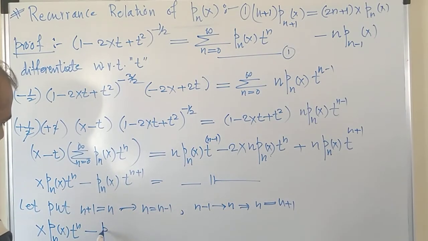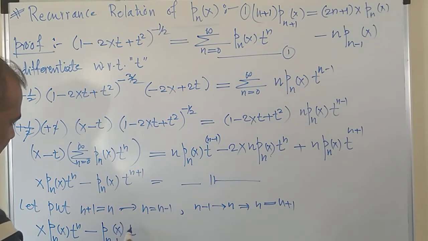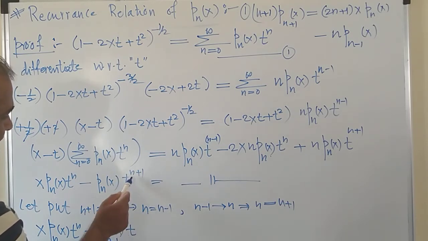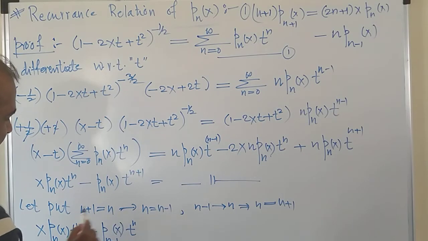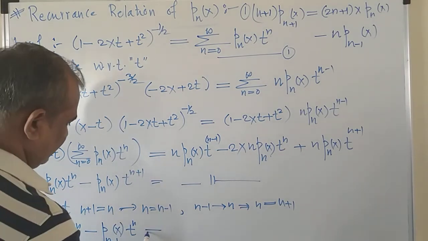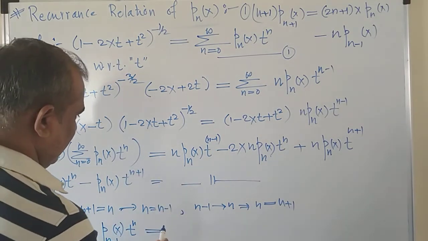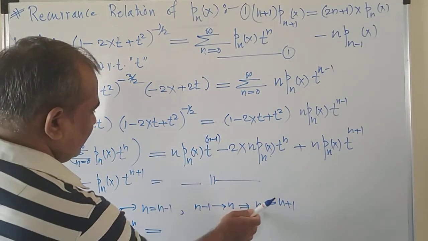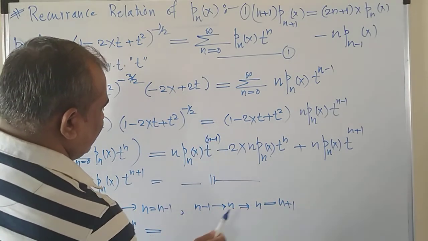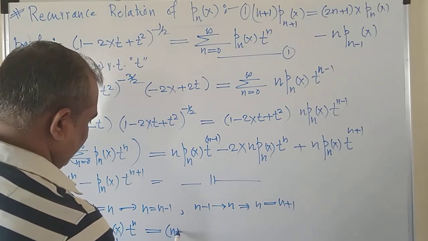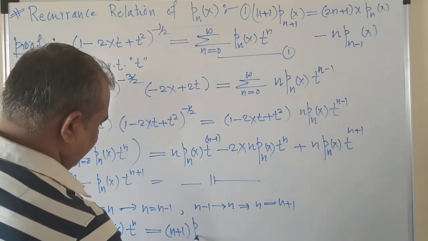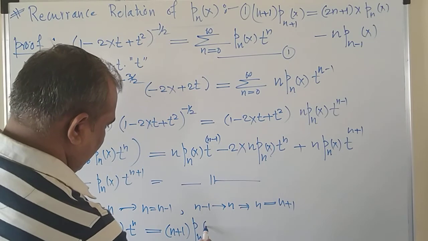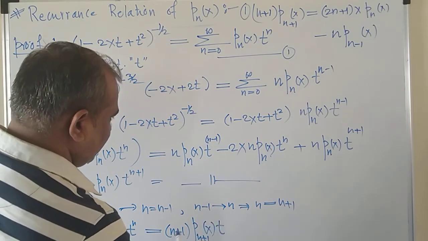So n must be replaced by n minus 1 into x into t raised to, if n is replaced by n minus 1 plus 1, you will get n only, and this is equals to, now n minus 1 is replaced by n. In that case n must be written as n plus 1, into Pn plus 1 of x into t raised to